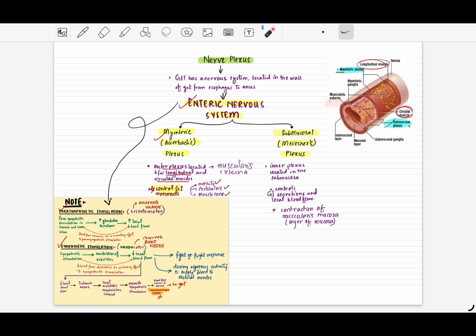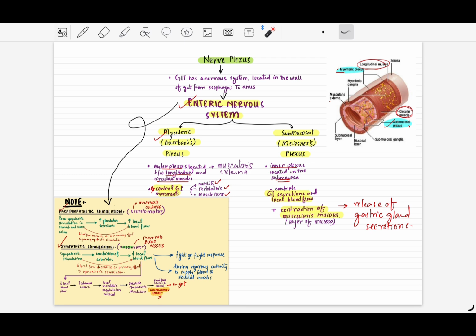of the muscularis externa. We then have the submucosal or the Meissner's plexus, which is actually an inner plexus located in the submucosa, which is responsible for controlling the GI secretions, local blood flow, and contractions of the muscularis mucosa, which was a layer of the mucosa. We already discussed that the contraction of muscularis mucosa was allowing the release of gastric contents from the gastric glands. So in the picture, we can see that the submucosal plexus is located in the submucosal layer, which is pink